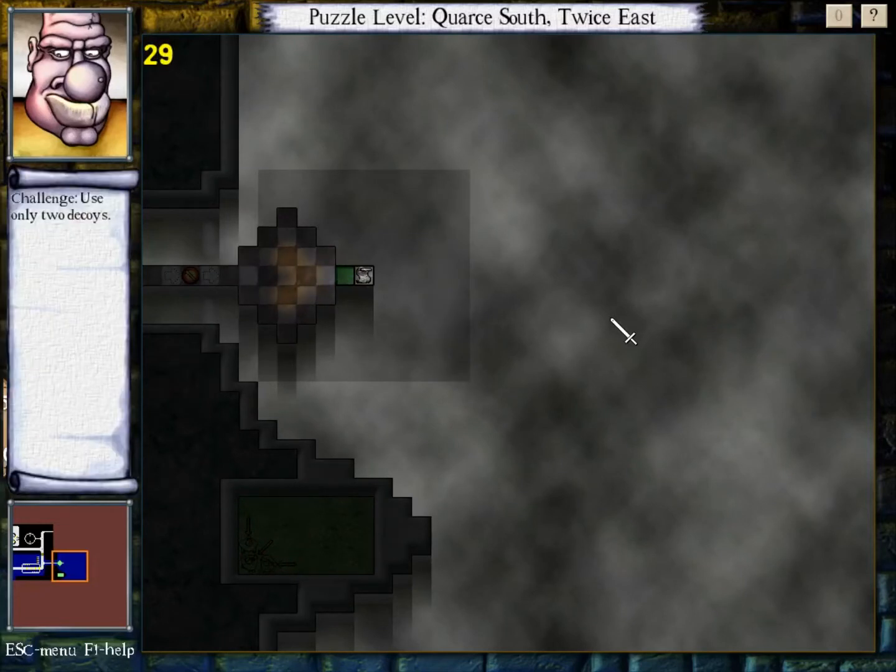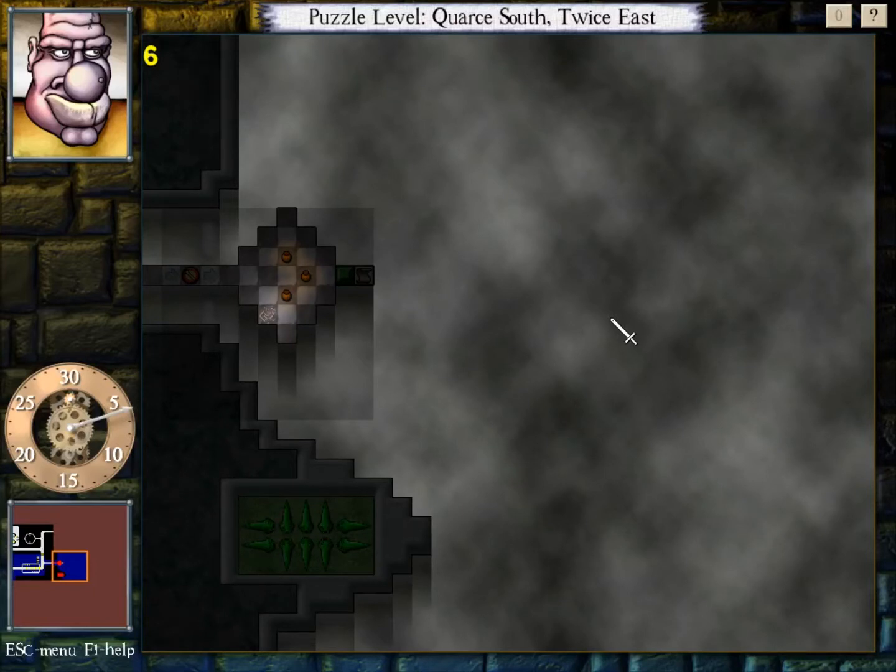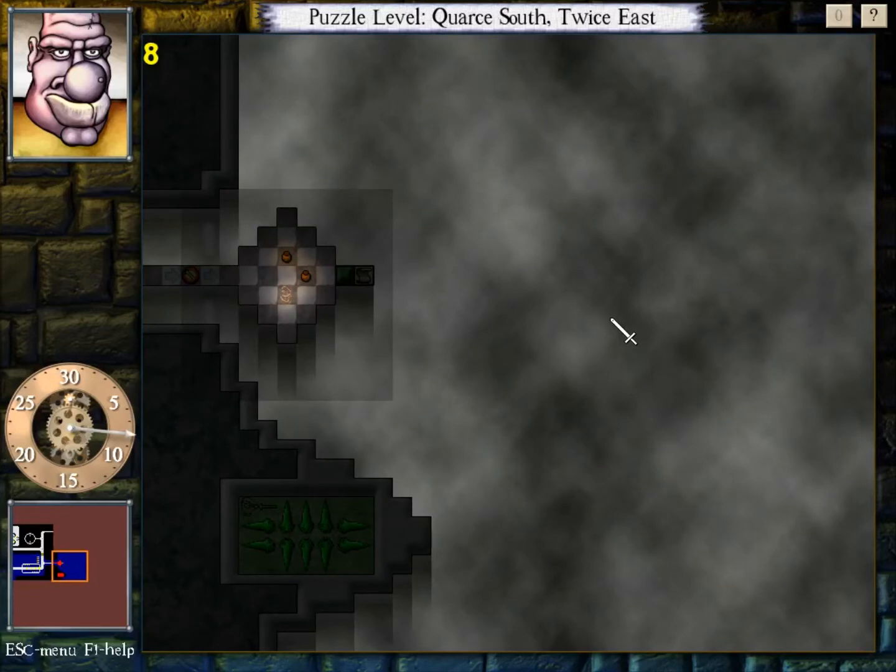I'll use only 2 decoys. I can do that. Sure. Alright. So I can't really make a sword wall with just 2 decoys. Can I? Not exactly. However, if I can just avoid having an adder... Let's just see...